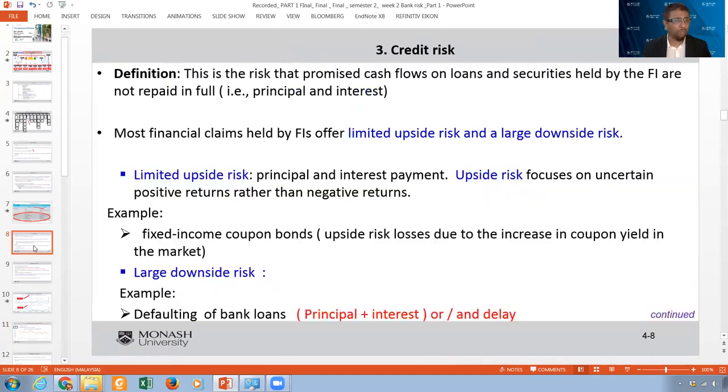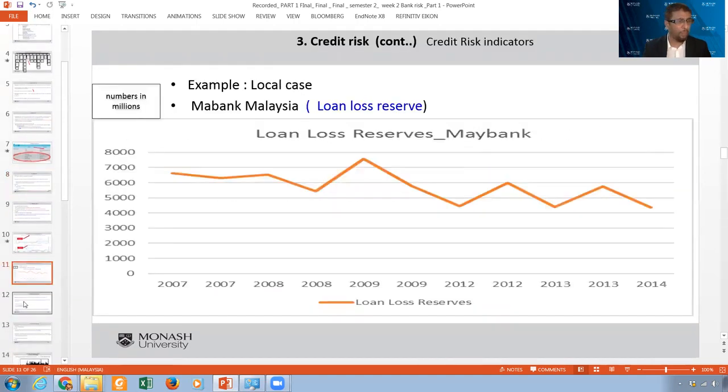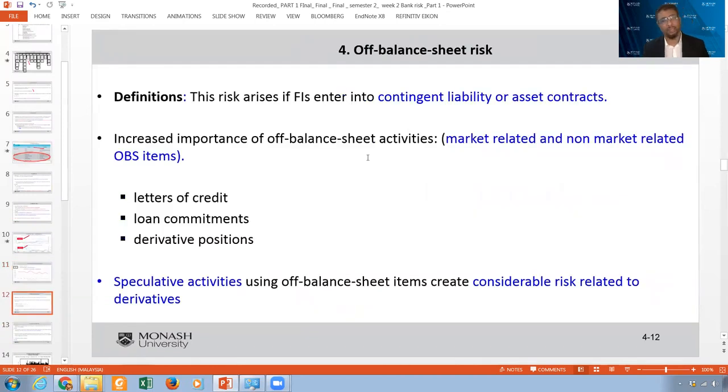Now let me continue with the off-balance sheet risk. Maybe this is one of the issues that is new for you. The off-balance sheet consists of operations banks do, but they don't show on the balance sheet. They are commitments, contingent liabilities of contracts they do. They go into very huge contracts and derivatives that have not matured yet and will materialize later on. So in this case, it's contingent liabilities. As of now, you cannot see it in the balance sheet, but later on you can see it.